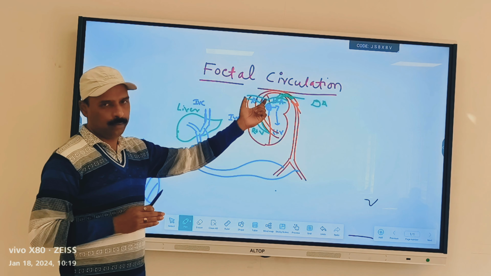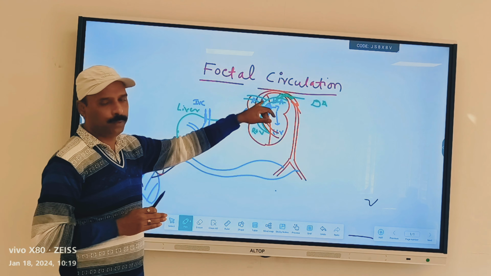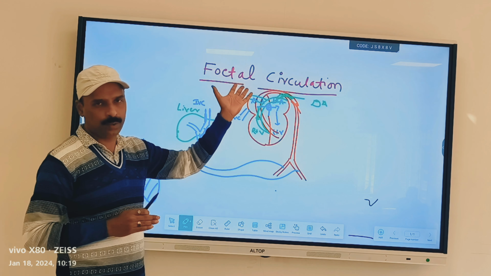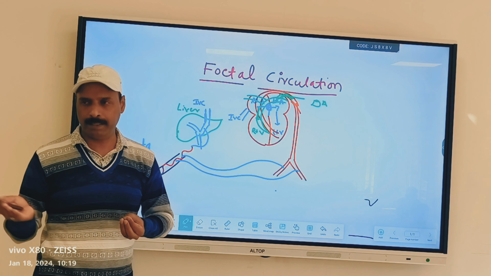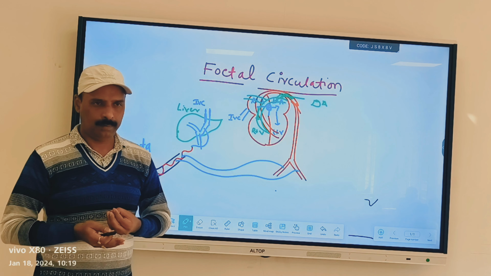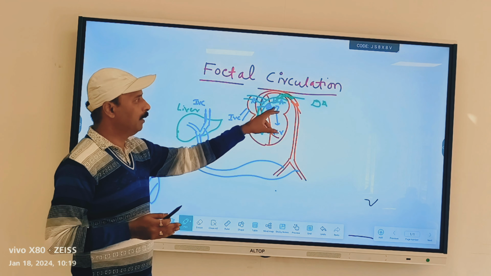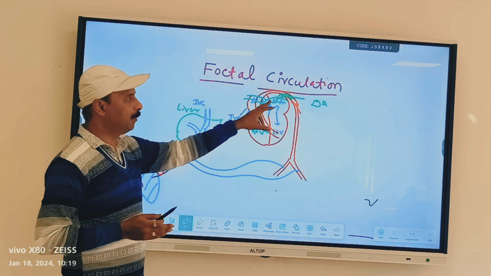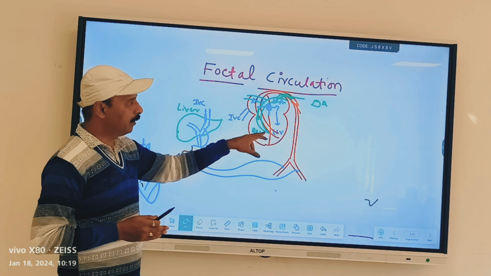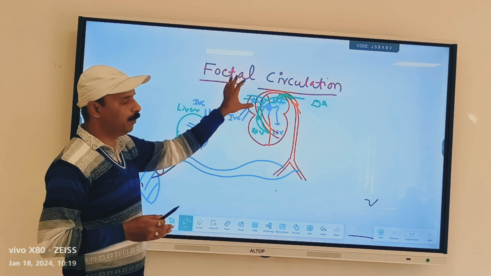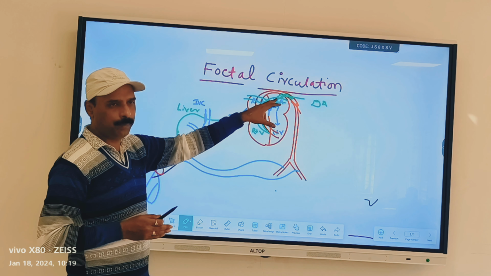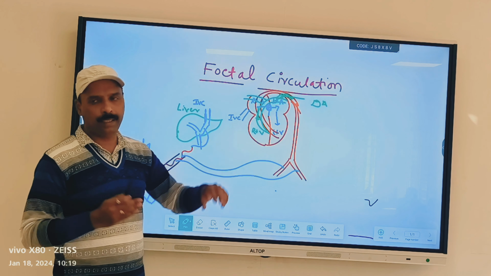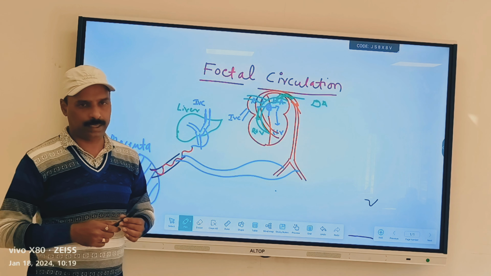Lungs are non-functioning, so whatever blood comes from the pulmonary trunk does not go much to the lung. Only a small percentage of blood goes to the lung, which is required to supply the lungs. The remaining part goes directly from the right atrium to the left atrium, and whatever reaches the right ventricle is pumped into the pulmonary trunk. A few amount goes to the lung for the supply, and it bypasses through the left, and this channel is very important, which we call the ductus arteriosus.